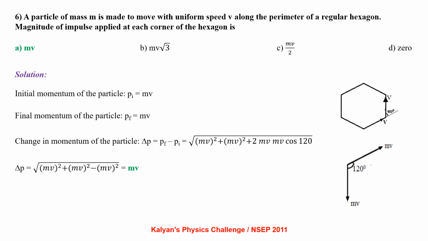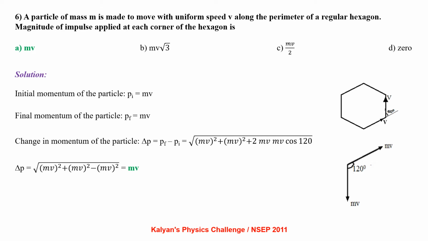A particle of mass m is made to move with uniform speed v along the perimeter of a regular hexagon. The magnitude of impulse applied at each corner of the hexagon is? Initial momentum of the particle, P initial, equals m into v. Final momentum of the particle, P final, equals m into v. Change in momentum of the particle, delta P, equals P final minus P initial, which is root of